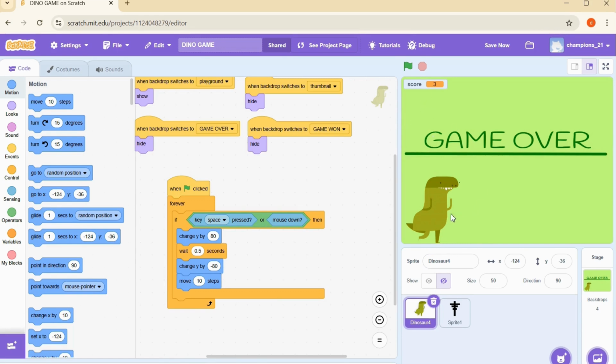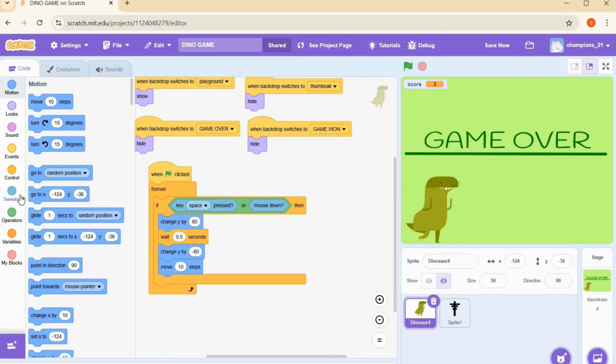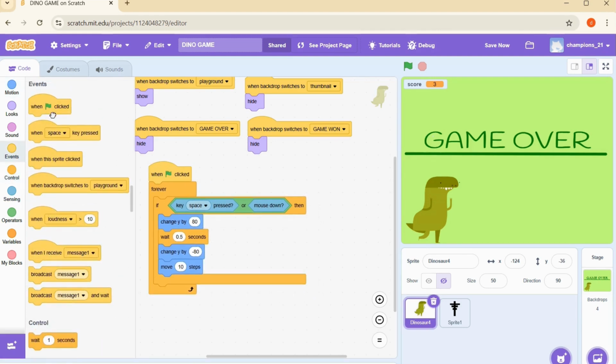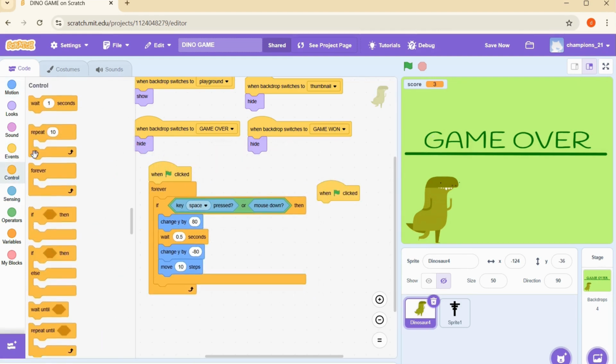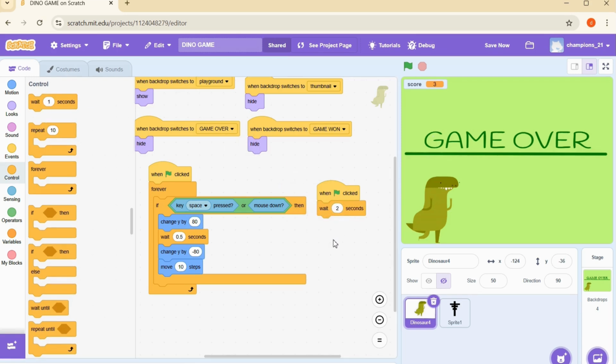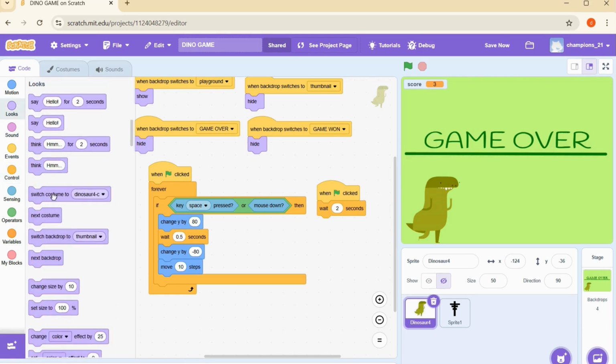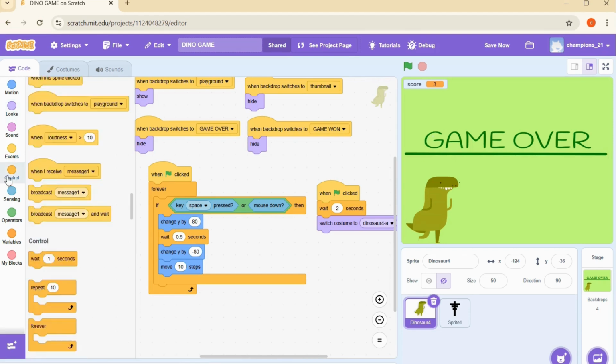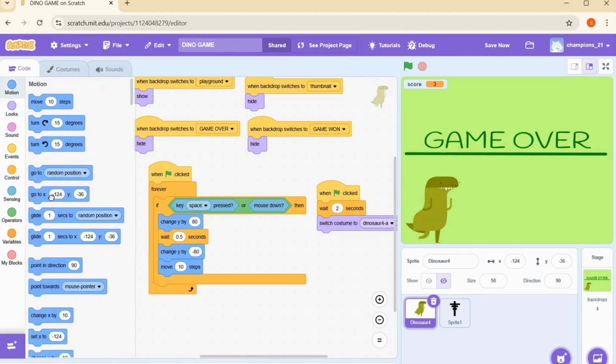Then we want it to change its costume as well. So when the green flag is clicked, it is going to wait for 2 seconds. Then switch costume to costume A as always. Then we will use a forever loop with go to x-axis because I forgot to fix the position.